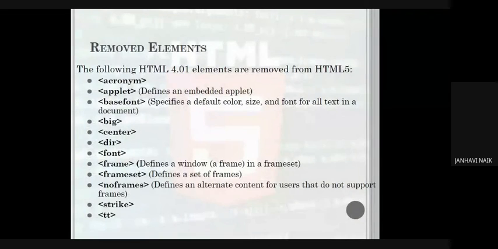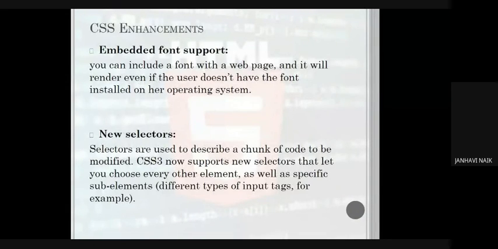Some of the features are content specific. If you remove them, like if I remove article and just put header and paragraph, you will still get the same output. It will not make any difference, but it will ease the work of the programmer, because it makes a very structured kind of document. So when you read the code as a programmer, you will come to know what things have to be changed and how they have to be changed.